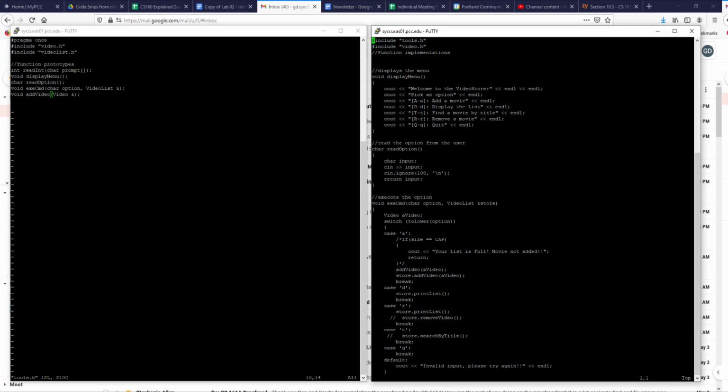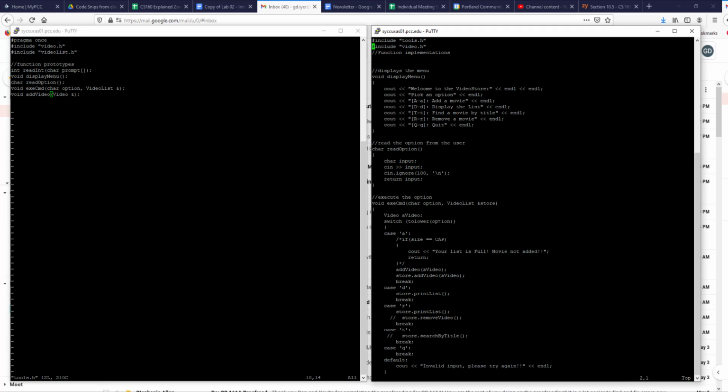The only difference is execute command takes different parameters, option and an object, no more array, an object of this video list class. Remember, the array and the count is embedded, encapsulated in a video list object, this object by reference. That's a big difference in this project. So make sure execute command takes char option and the video list object by reference. By reference is very, very important. I say that over and over again because if you miss this by reference, your list will not have anything, your object will not be populated. Has to go in by reference.